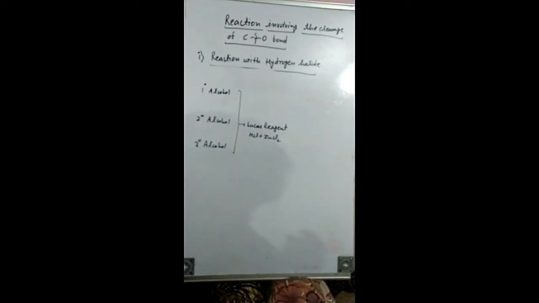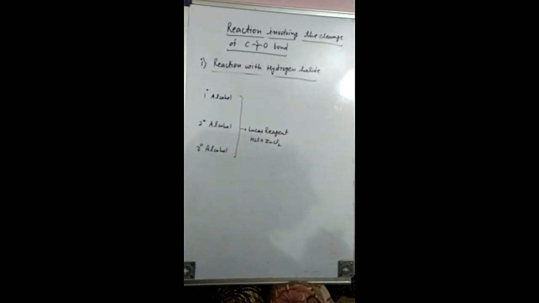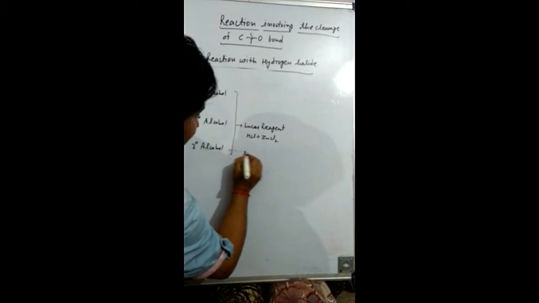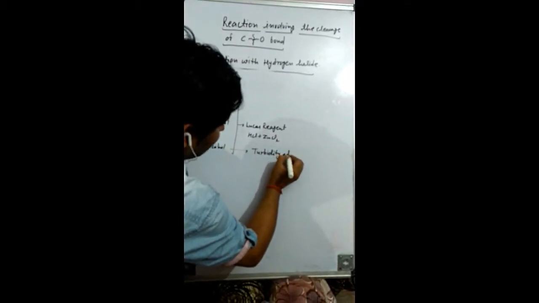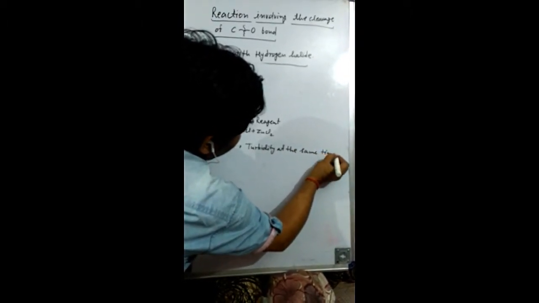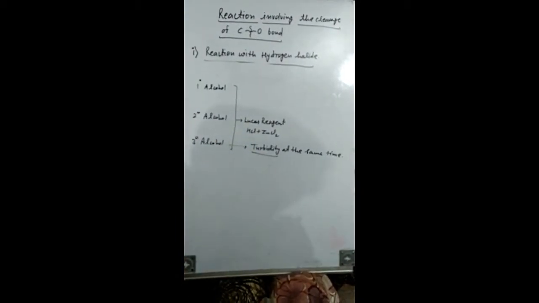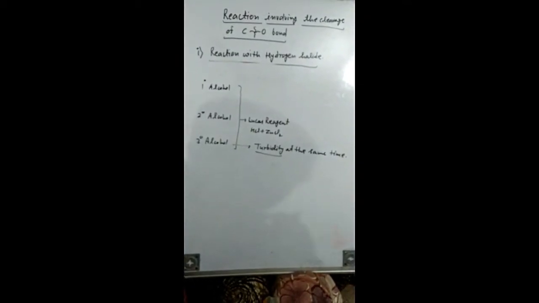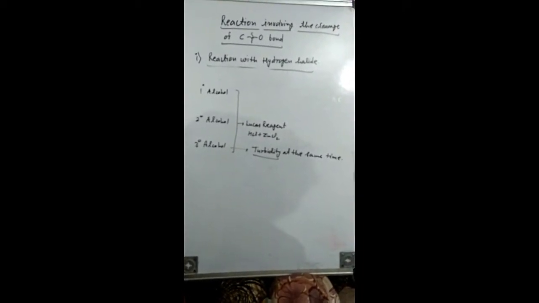as I add the mixture of HCl and ZnCl2 in the given solution, if that is tertiary alcohol, then we get the turbidity at the same time. Turbidity means cloudiness. As we add the Lucas reagent to the tertiary alcohol, at the same time we get the turbidity. So this indicates that the given solution is a tertiary alcohol.